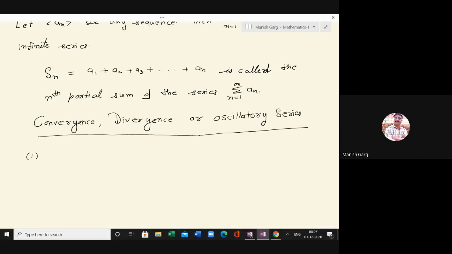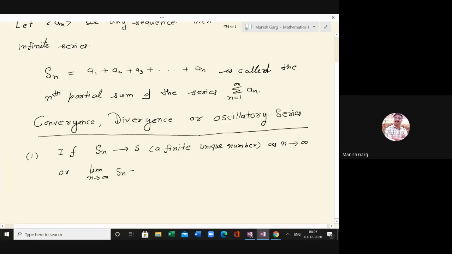So you have Sn. If Sn tends to a finite unique number S as n tends to infinity, or you can write limit n tends to infinity Sn is equal to S, then this series summation n equal to 1 to infinity a_n converges, is said to be convergent,